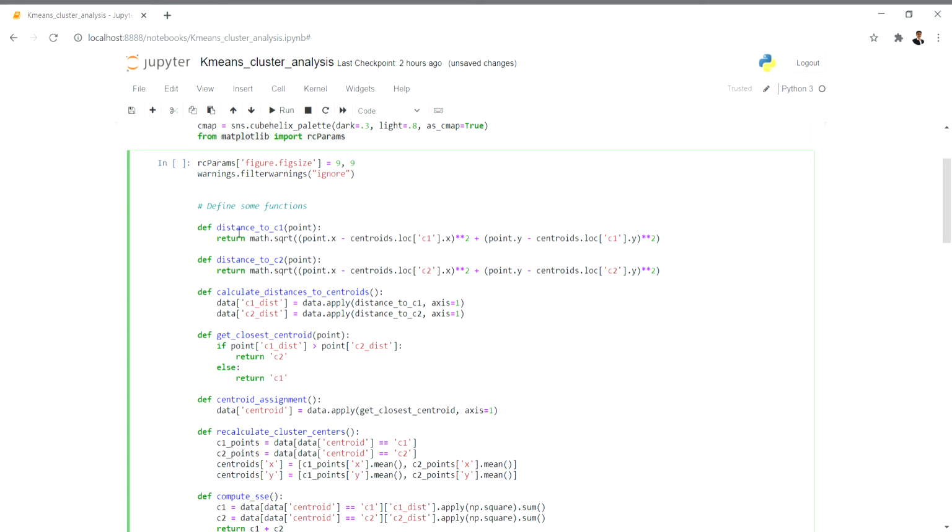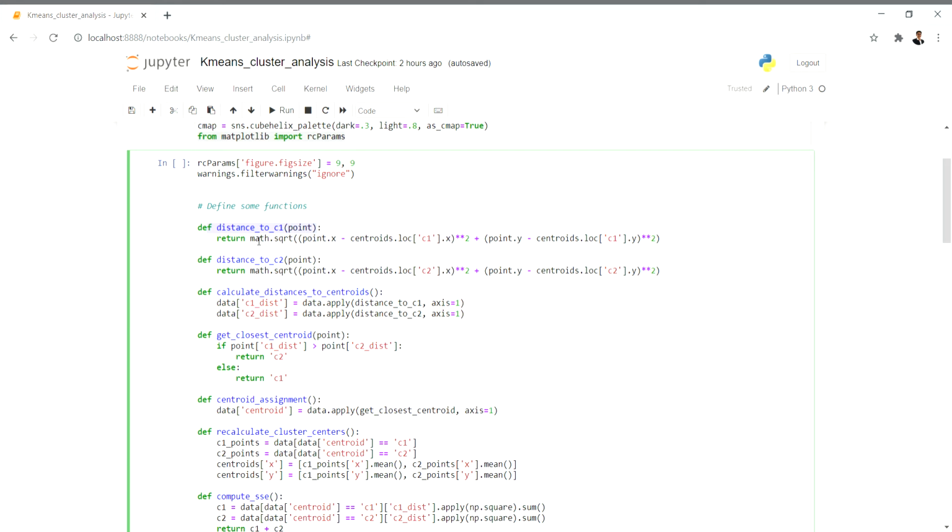So we know in k-means the data points are very dense, so we'll be using the Euclidean distance, that is the L2 norm. First, say I have two clusters, C1 and C2. So distance to C1 takes a point.